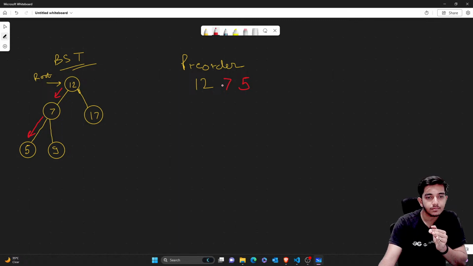Now after that we'll be covering all the right sides. That means the right side of 5 is actually 9, similarly the right side of 7 will be 17, and so on. Suppose this tree is too big, you can cover all the right sides that way. So I'll just simply write 9 here. We'll be visiting 9 for 5, and then similarly 17. So you can see first we